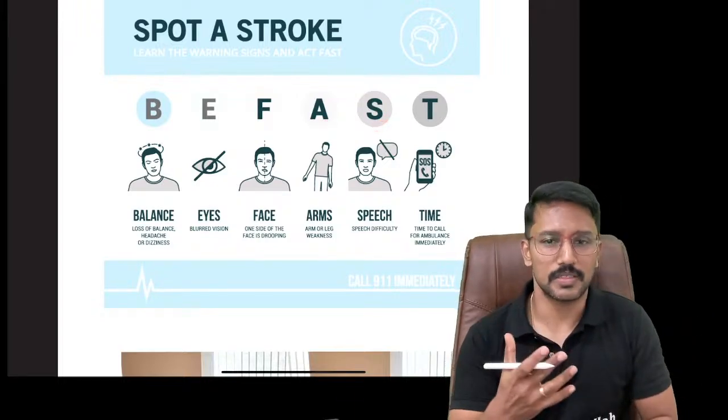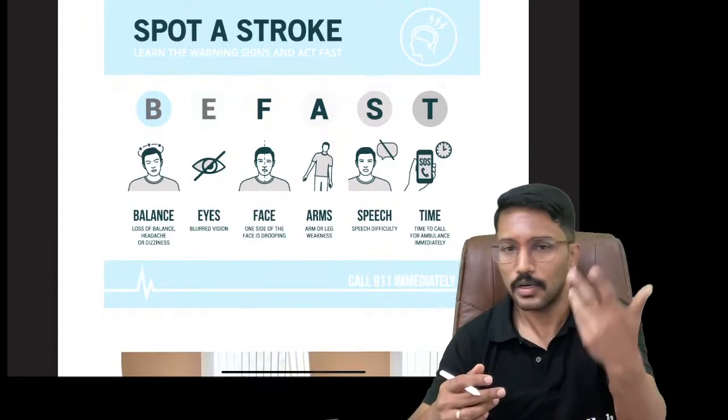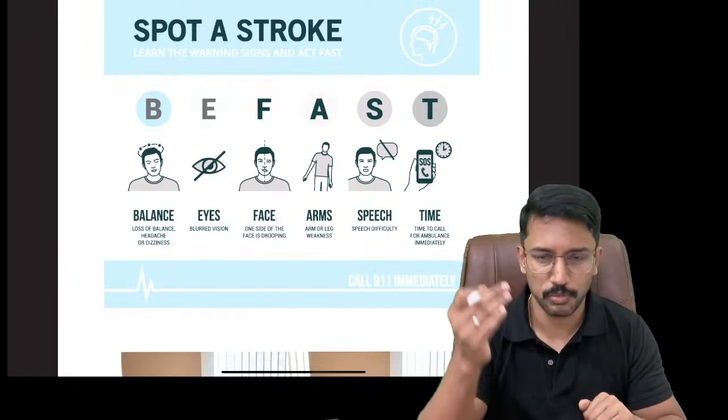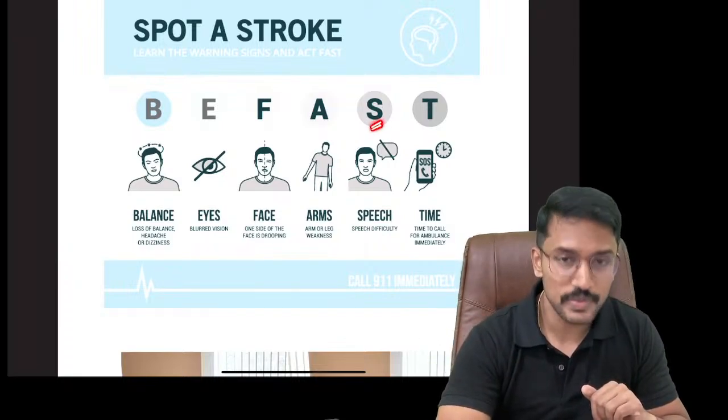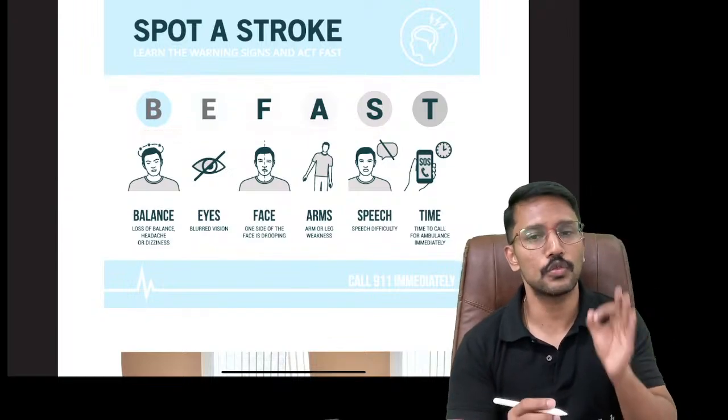S refers to speech. Any abnormality of speech: struggling to speak, not able to produce speech, not able to understand speech, right? Not able to understand, probably Wernicke; not able to produce speech, probably Broca's. So any issues with speech. If any one of these is present in a patient,